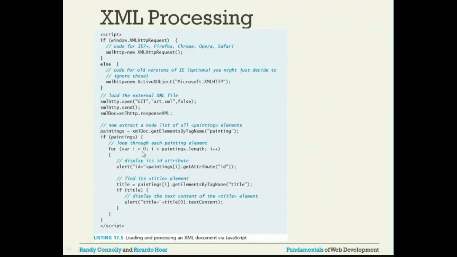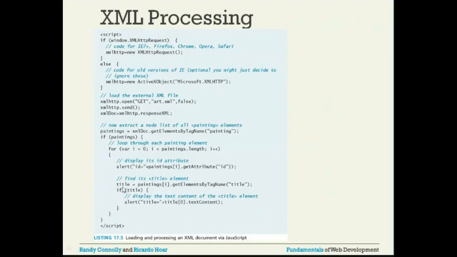We are going to iterate from 0 to 2, 0, 1, 2. That is the 3 elements. And if it finds the first element, alert ID plus painting I, this is the 0, the first painting, then get attribute ID. Whatever is the ID of the first painting, that will be displayed as a pop-up window,